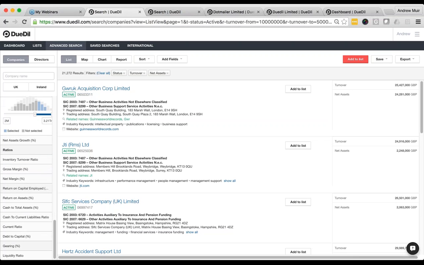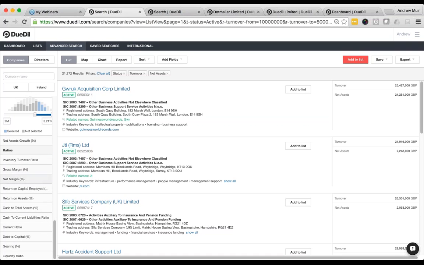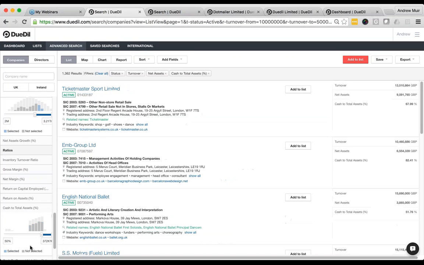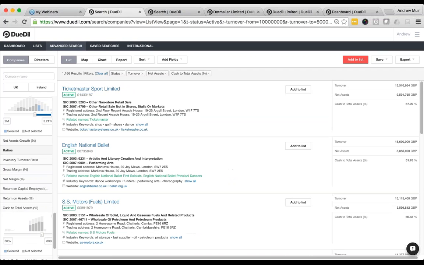And then we have financial ratios like cash to total assets. So if I say that these companies have at least 50% in cash to total assets, but less than 80%, so that we don't simply have bank accounts here, we have automatically filtered down the whole UK economy to just 1,200 results, which are mid-sized companies with cash in the bank.